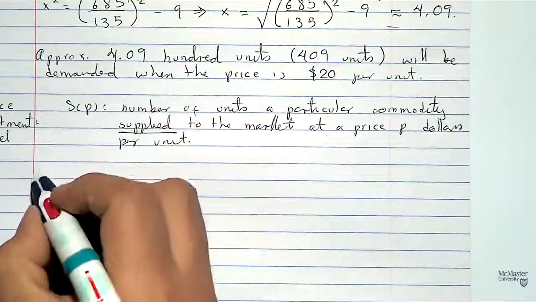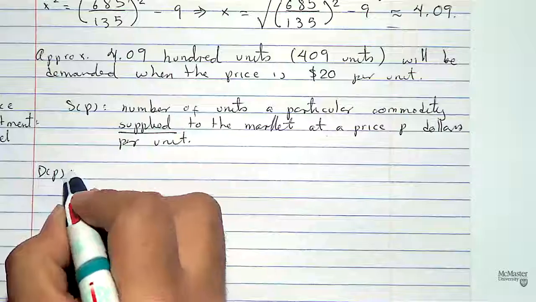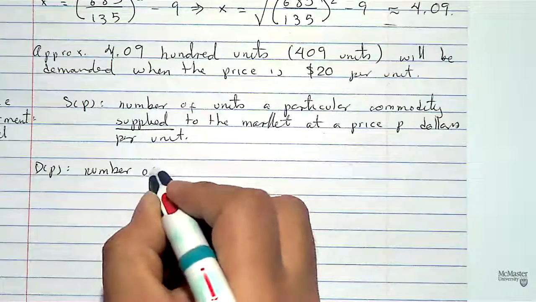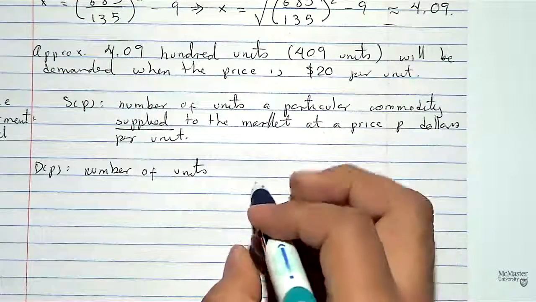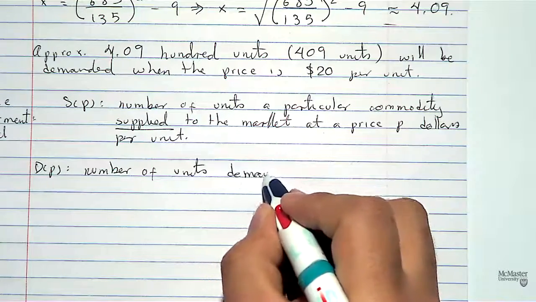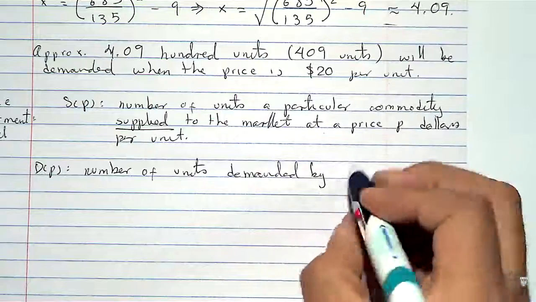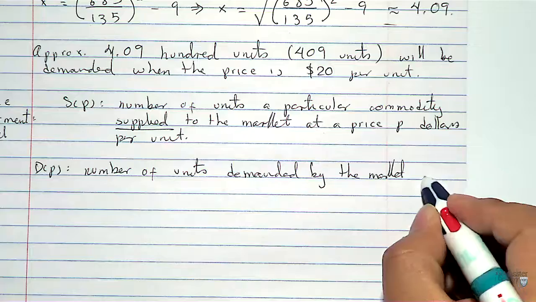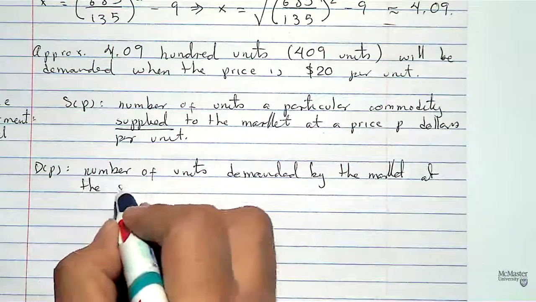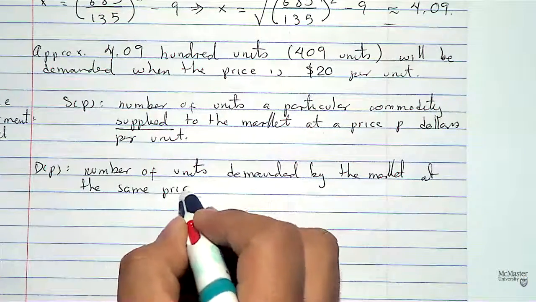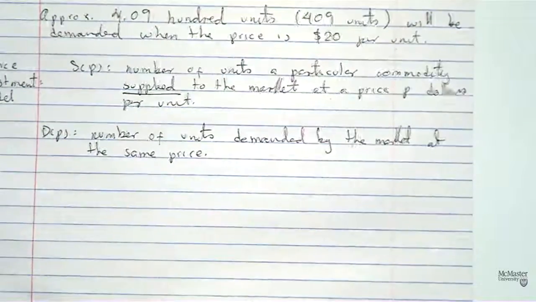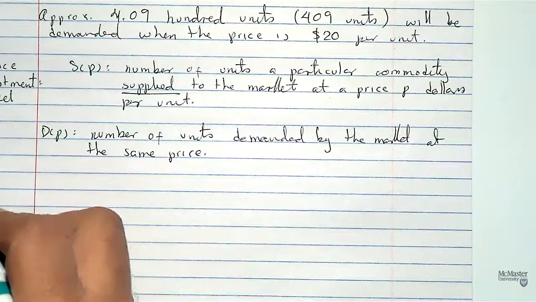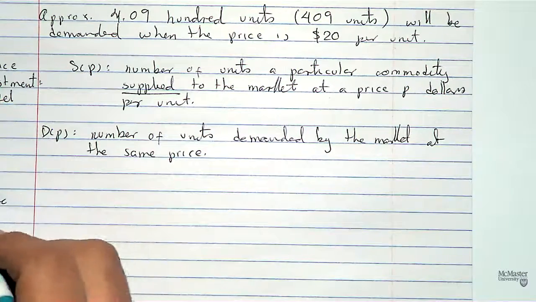So D, which will be the demand, which is also a function of the price, will be the number of units demanded by the market at the same price. So, some introduction, which I guess is common culture for everybody. So in the static case,